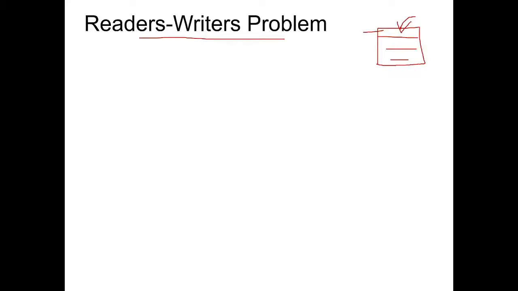When reader and writers are accessing this document, they have to make sure that clashes do not happen, they should synchronize properly and share the document. A number of readers can read the document at the same time, but at a time only one writer can write inside the document. So when the writer is accessing the document, readers are not allowed to access it.